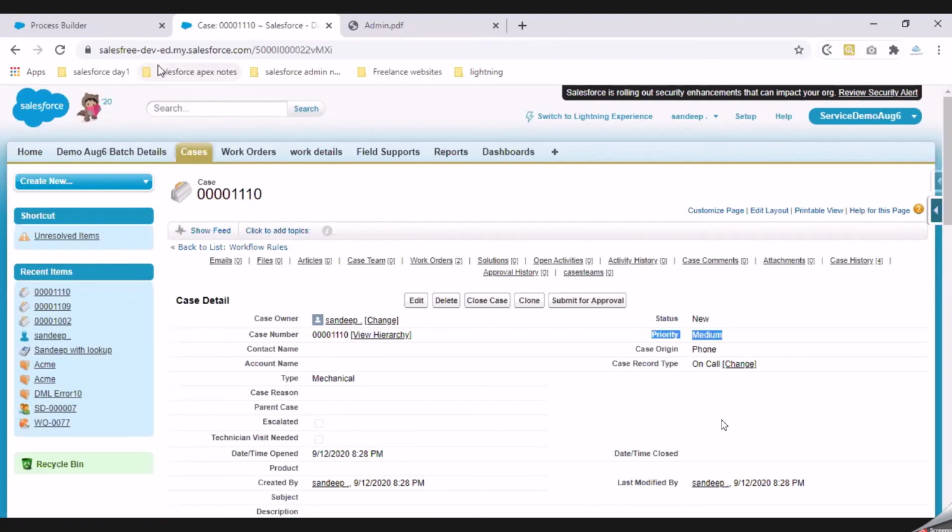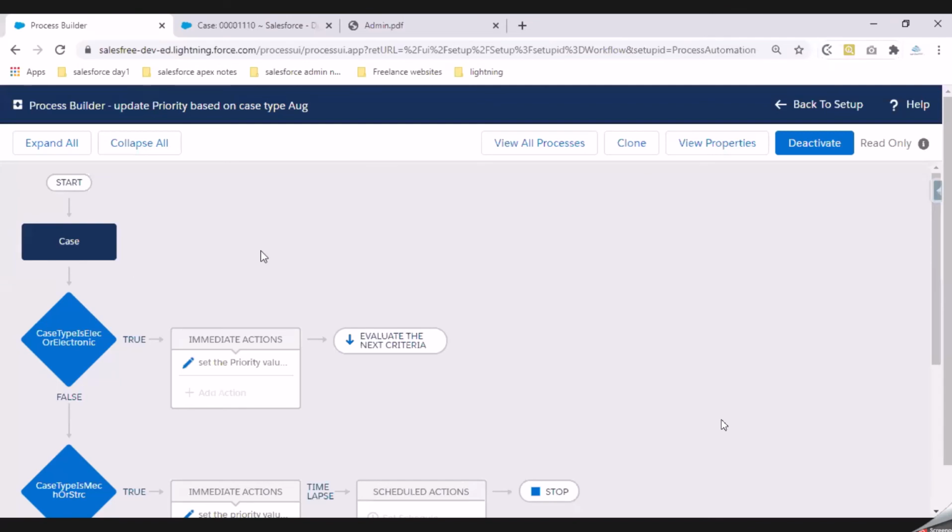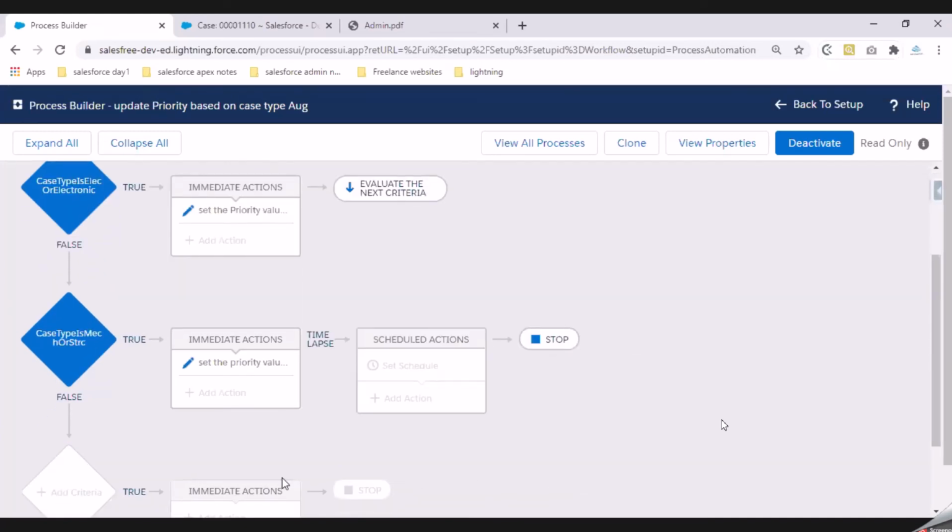Right? So the advantage of your process builder is you can basically define the flow of your entire process. You can decide how the actions that need to be performed on your case are handled. If it is a workflow rule, the first criteria has to go in the first workflow rule, the second one in the second workflow rule, and the third criteria in your third workflow rule, and you cannot decide which one will be executed first.